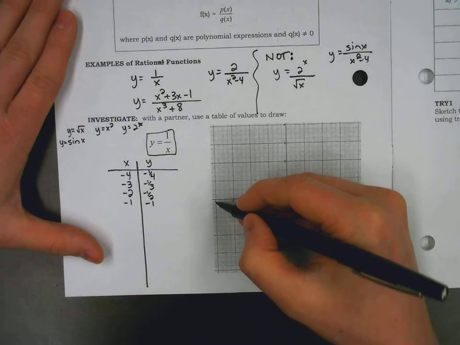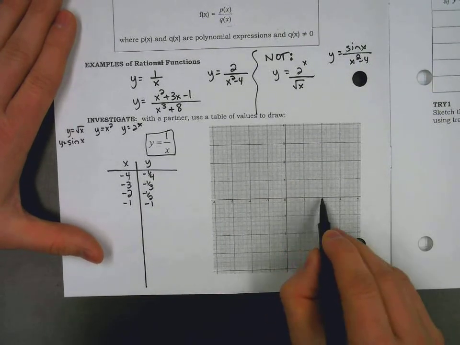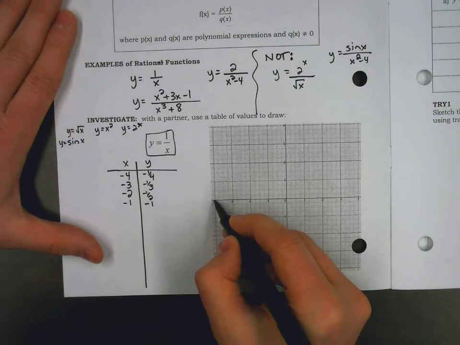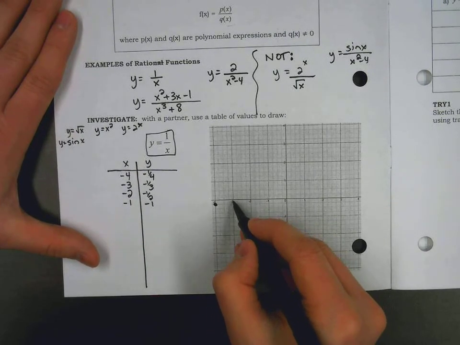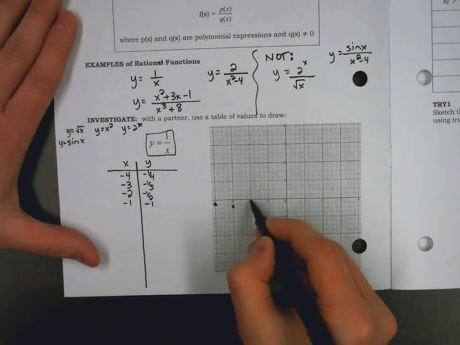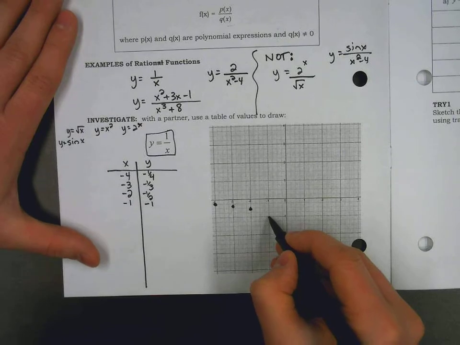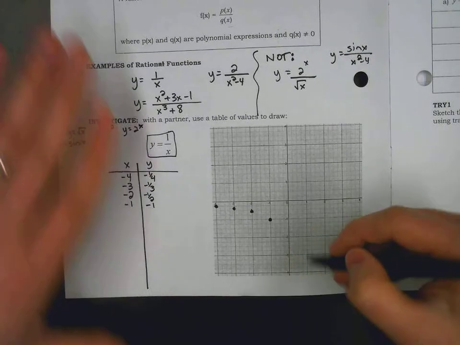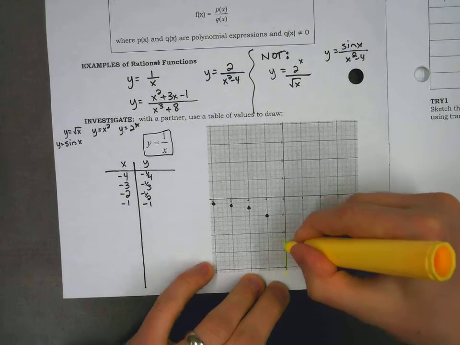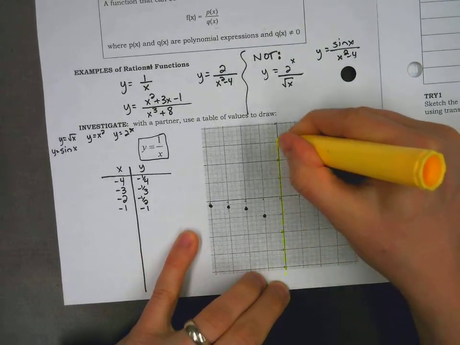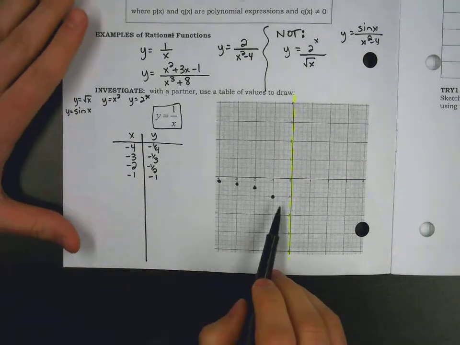Plug in a -4 and be careful with the scale. I've got this broken down into quarters. So plug in a -4. 1 divided by -4 is a -1/4. 1 divided by -3 is a -1/3. 1 divided by a -2 is a -1/2. 1 divided by -1 is a -1. 1 divided by 0 does not exist. And I'm going to draw a dotted vertical line indicating this doesn't actually exist right here, and say, well, maybe